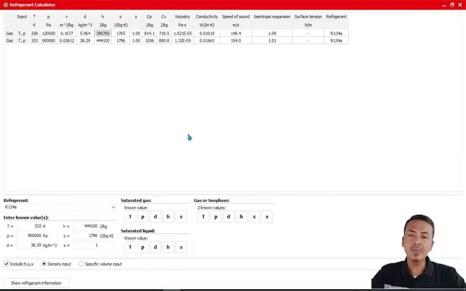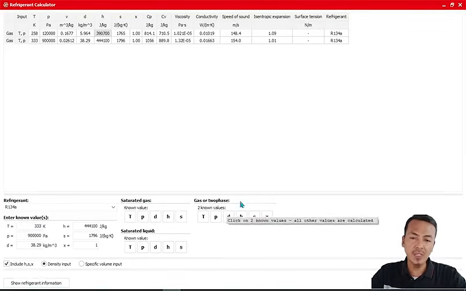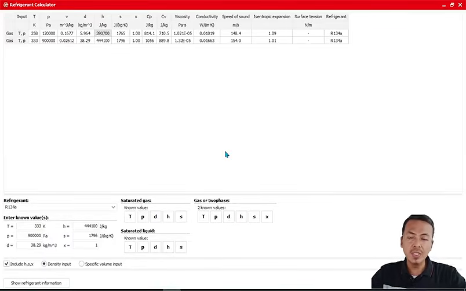So back to the calculator, because we only have three calculators here: saturated gas, liquid, and two-phase or gas. We don't have a calculator for subcooled liquid, but to get the enthalpy, we can use the saturated liquid calculator